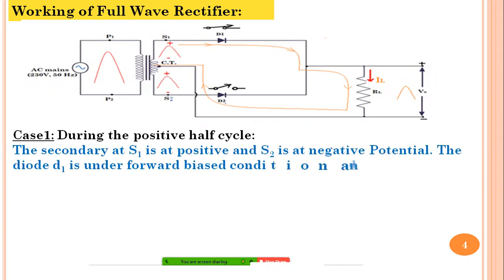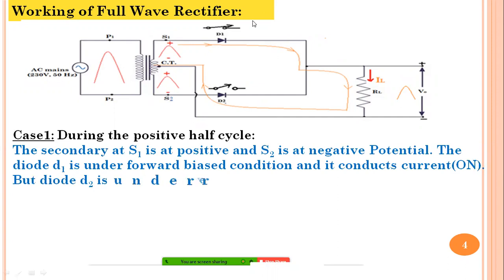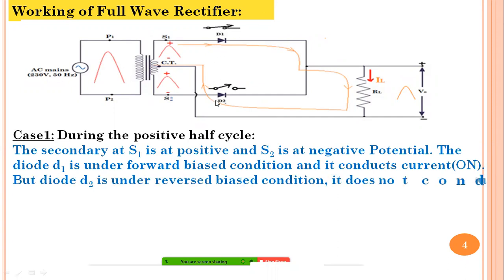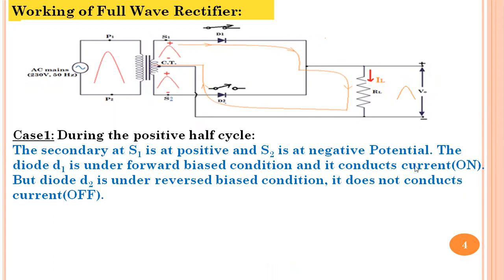As a result, the conduction of current is possible only through diode D1, because D2 is in reverse bias and will not conduct any current. Now, as per standard conventions, current starts from the positive voltage and ends on the negative voltage. So if I trace the path of current, it begins from S1, then comes through diode D1 to this junction.